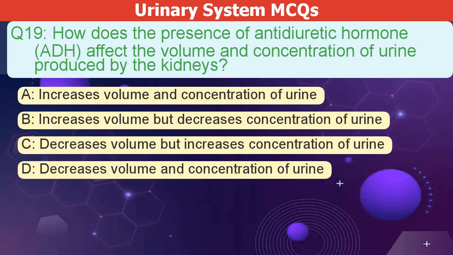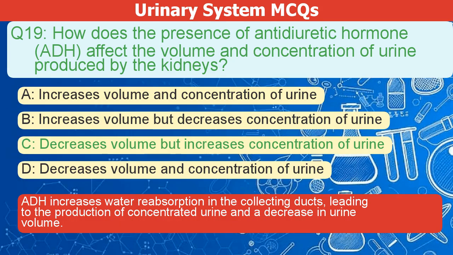How does the presence of antidiuretic hormone ADH affect the volume and concentration of urine produced by the kidneys? A. Increases volume and concentration of urine. B. Increases volume but decreases concentration of urine. C. Decreases volume but increases concentration of urine. D. Decreases volume and concentration of urine. The correct answer is C. ADH increases water reabsorption in the collecting ducts, leading to the production of concentrated urine, and a decrease in urine